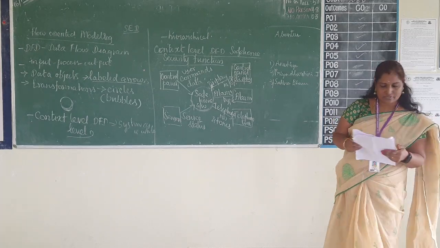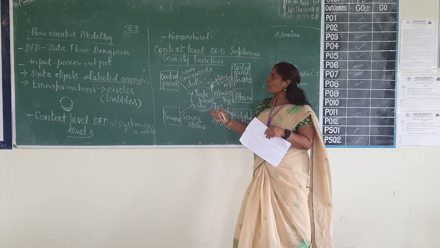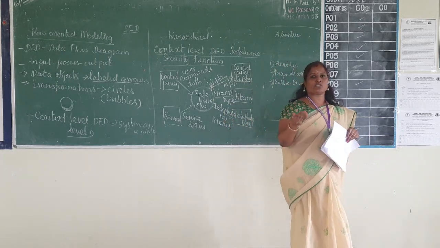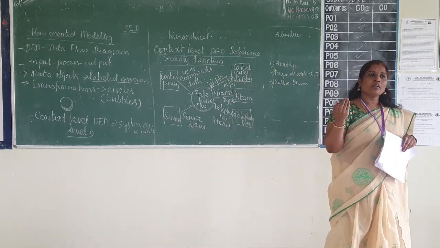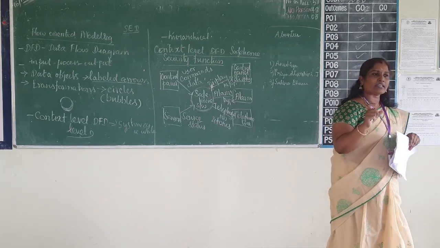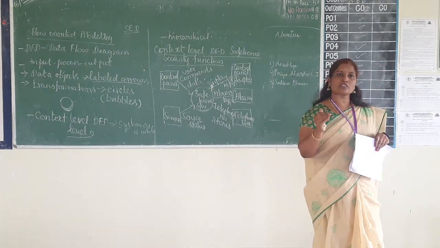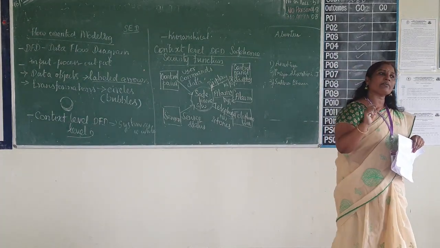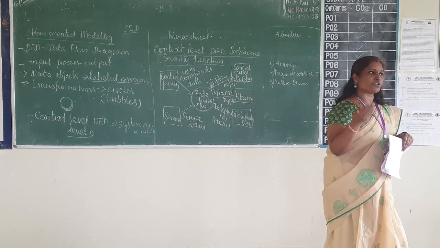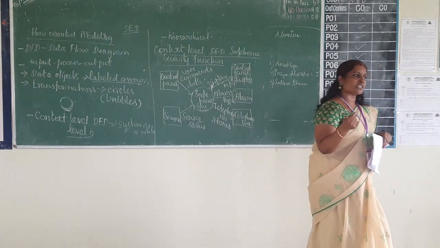So normally this data flow diagram model, or creating a flow model, will enable us to understand clearly about the data domain and function domain. What is the data? How is the data processed? How is the function performed? How is the function taking the data? What data will be given to a particular function? So we get to know very clearly about the data domain and function domain.